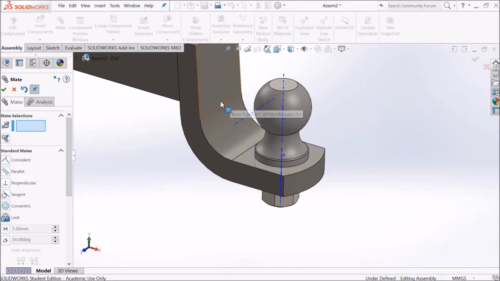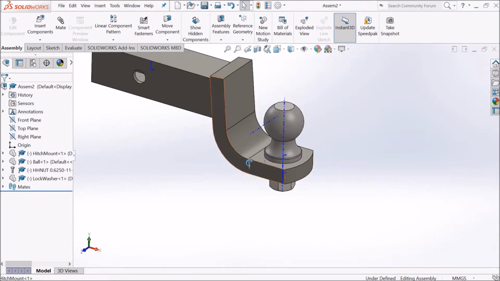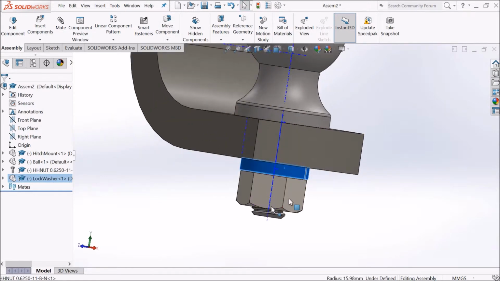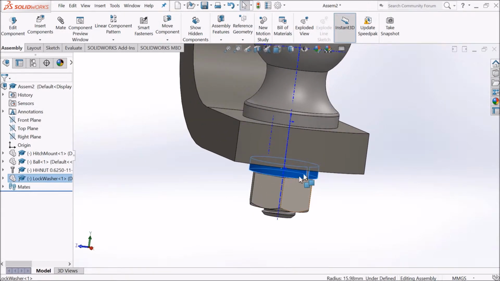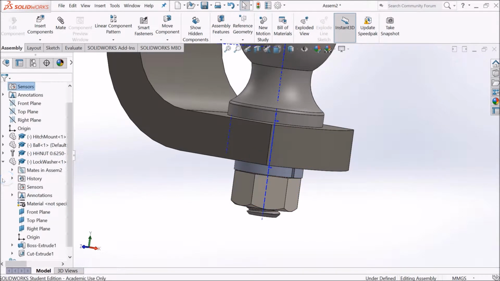rotated, but you can constrain them pretty easily by using the planes in the part. For instance, I will just for now stop one of the rotation of this washer, and you can see the rotation by this small slit. So if I move this, it rotates. So what I would do is I will go in the washer and see that there's planes available. So I will click on one of them,